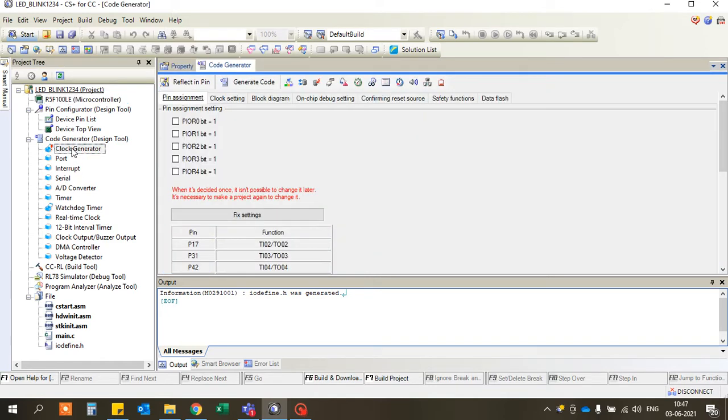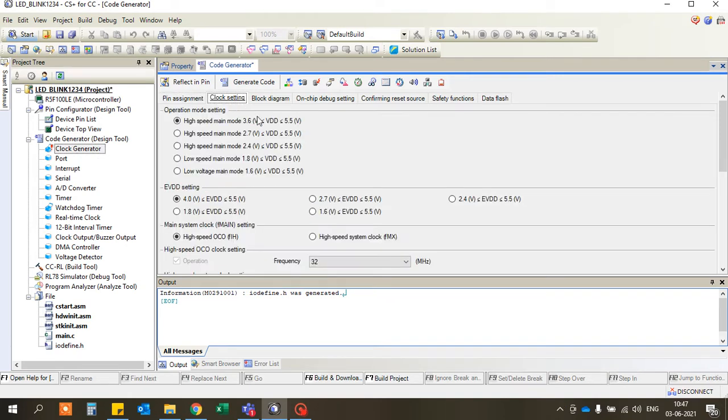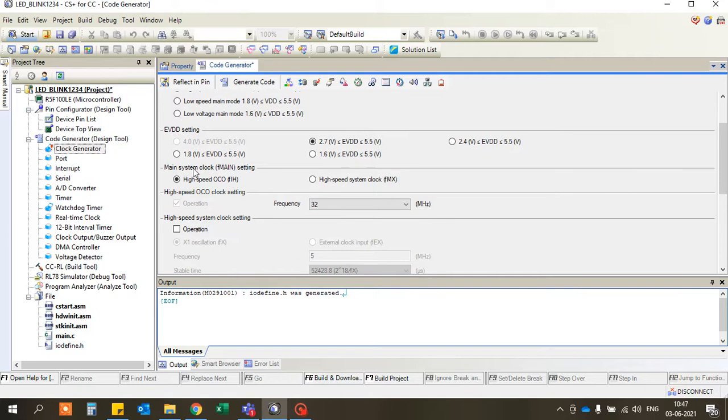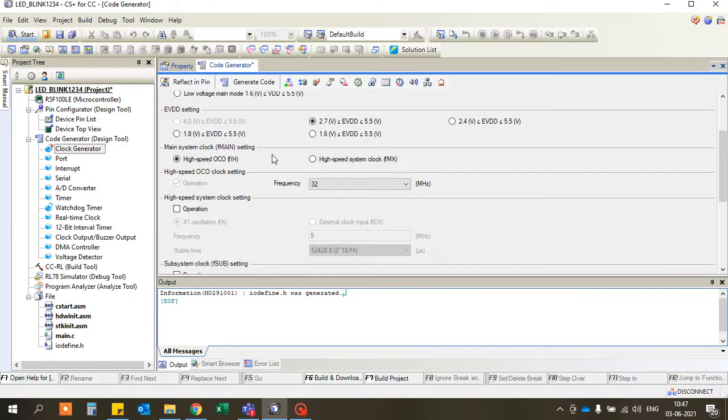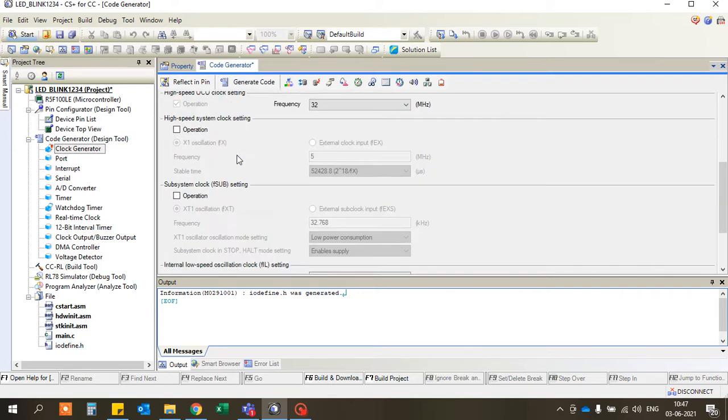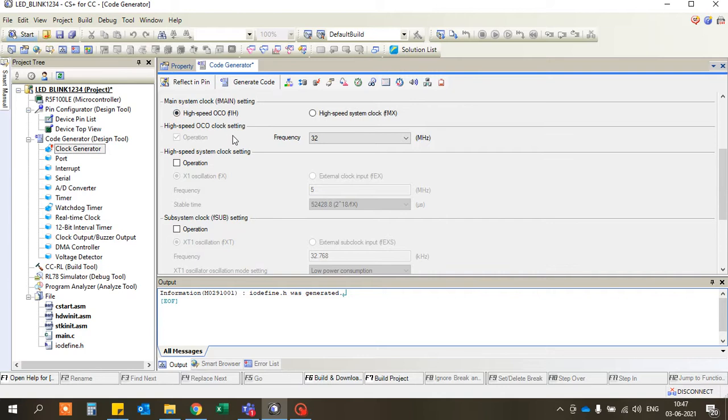So clock generator, then fix this setting, clock setting. Choose the voltage, high speed means 2.7. Then EVDD is automatically selected as 2.7, or you can select your own. Then for main clock system, I choose high speed on-chip oscillator.